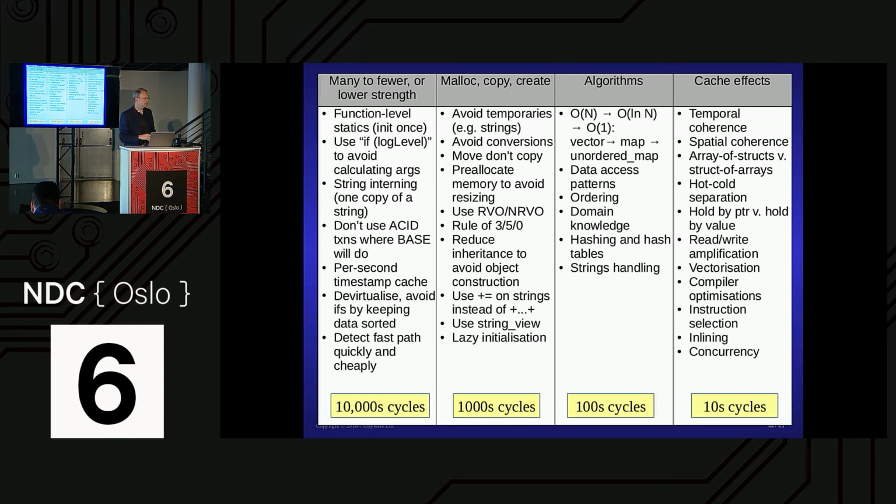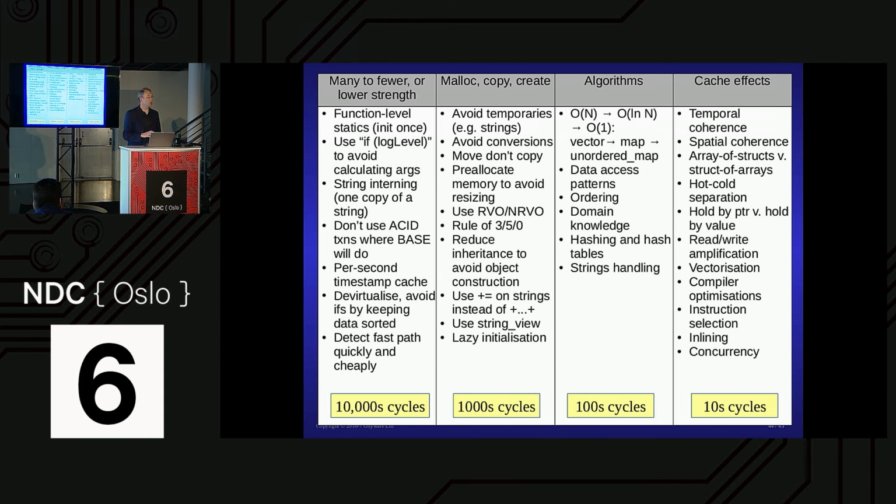Don't use ACID when BASE will do, because ACID limits a load of stuff: you get into locking and all the other things. So there's overhead to doing ACID stuff. I've seen people calculating the time all the time and changing the time into a string. A friend of mine who does tuning on IBM mainframe stuff found that in one particular case, the top line was converting times into strings. So be careful of that one. You might as well just do it once per second, if that granularity is good enough, and then use that for all of the 100 things you're logging after this.